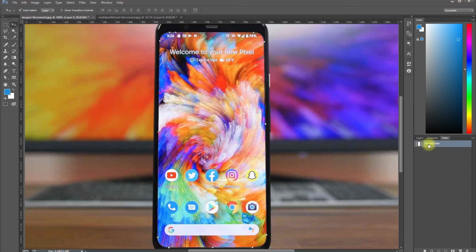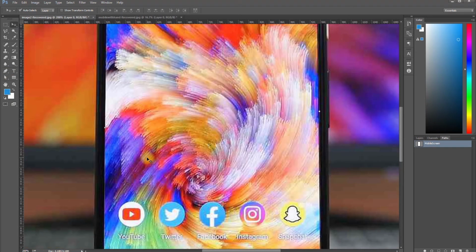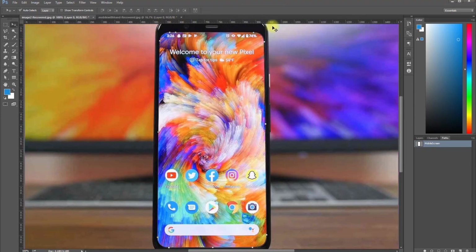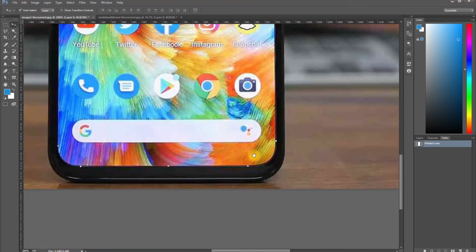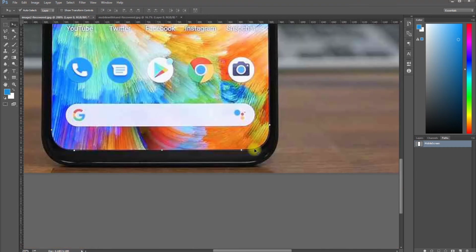So it's changed the name of my path. And now next I'm going to tell you about the editing of our created path and how we can adjust the anchor. Like we can see that in this part, our anchor is at the black area also. So we need to move these anchors more towards the inside or on the screen corner only.